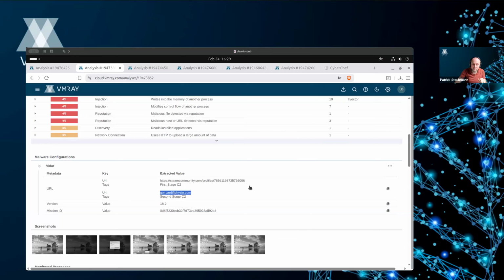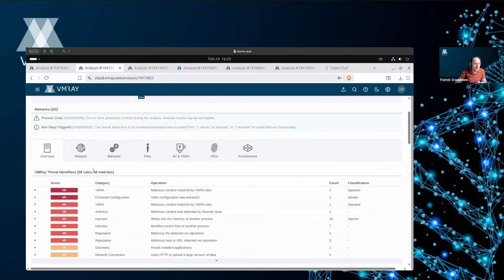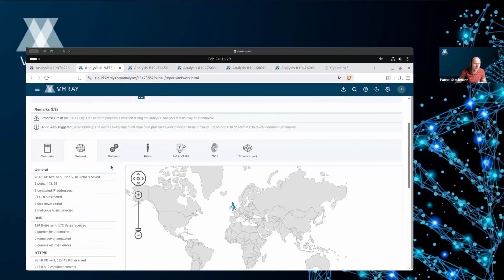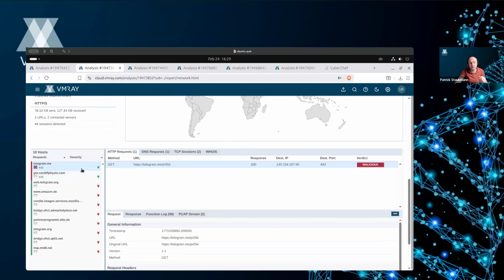So what they do instead is use those intermediate channels, the profiles there, and whenever they want to, they can update the profile with a new command and control server. And that's what you can see here. If we go to this network tab here, during that execution, that sample actually contacted a Telegram profile, as you see here.